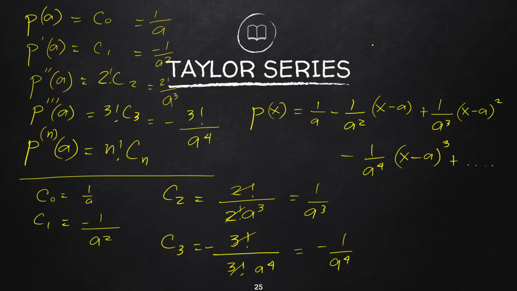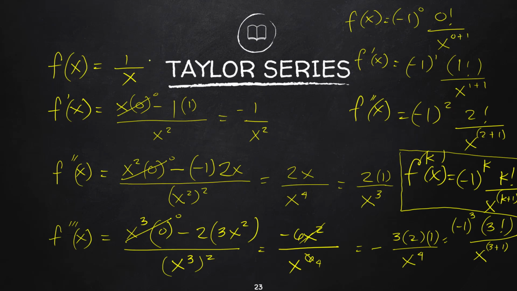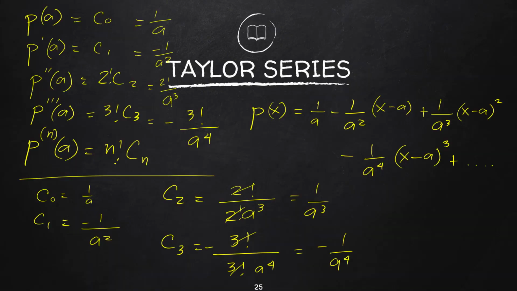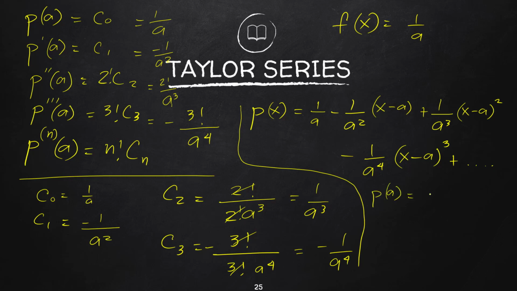So, going back to our original function, we are trying to evaluate the value of this function, 1 over x. f of x is equal to 1 over a. So if you evaluate this, p of a is equal to 1 over a, because this will become 0 up to the succeeding terms. What does that mean? Ibig sabihin, yung theory ng Taylor series is true because the approximating function is becoming equal to the original function, and that is 1 over